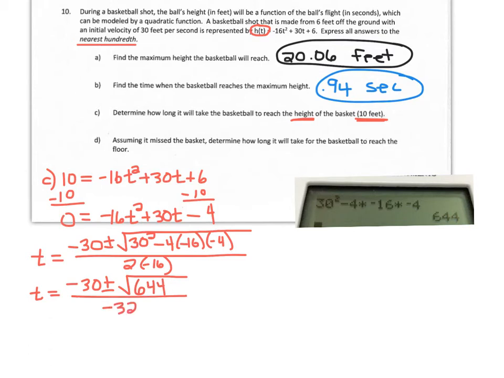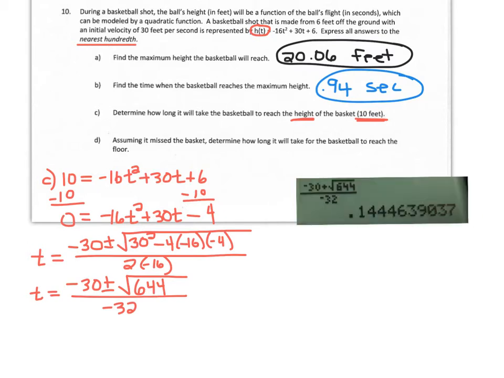All right, so now what we have to do from here, because they want us to round to the nearest hundredth, we just have to figure out what each of these are equal to. So if you plug in the calculator, negative 30 plus radical 644 over negative 32, you can see this is what we get. So the nearest hundredth, it would be 0.14. So let me branch that off. So we have t